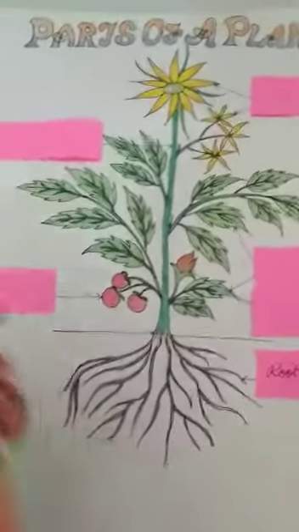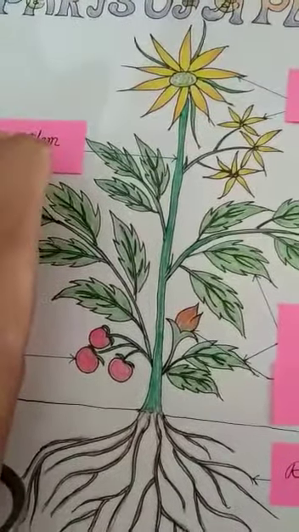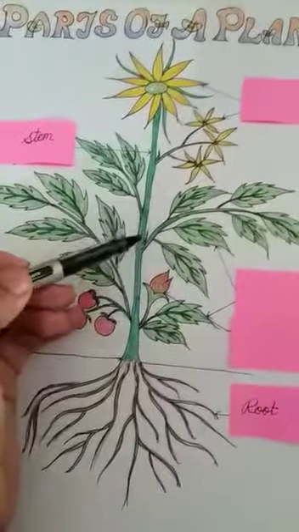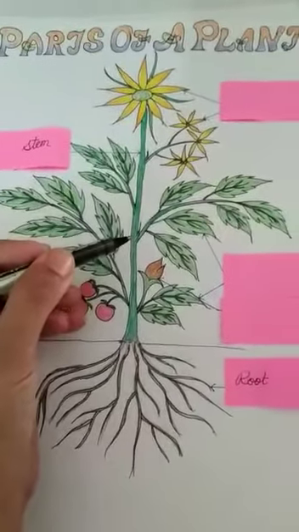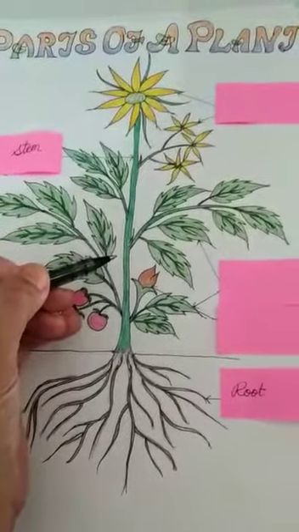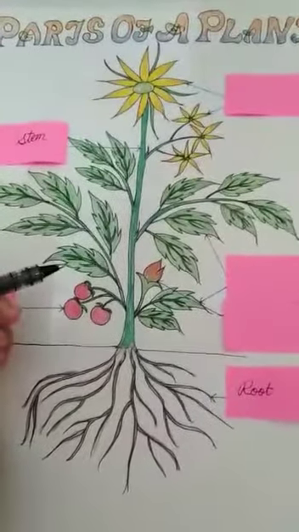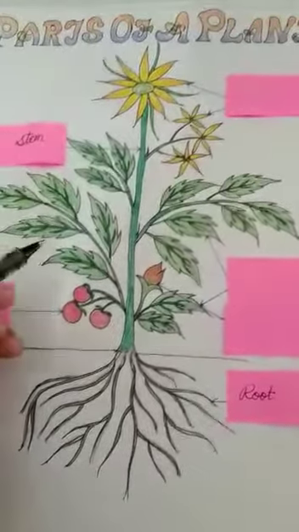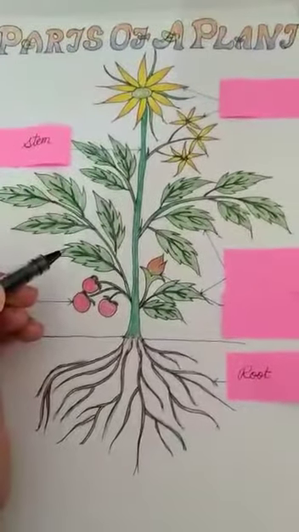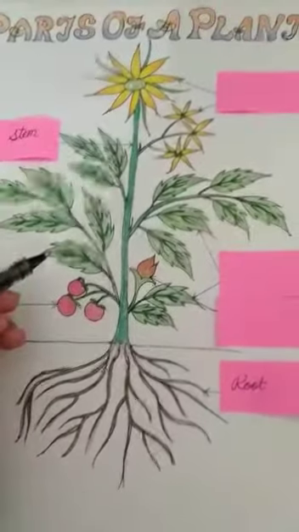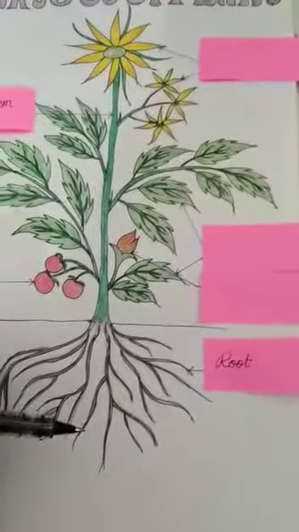Now the next part is stem. This is the stem of the plant, and now about its function. It supports the other parts like branches, leaves, flowers and fruits of the plant. The stem of some plants also performs the function of storage of food, like in ginger and potato. Generally, the stem performs one more function, that is the distribution of the water and nutrients absorbed by the roots to